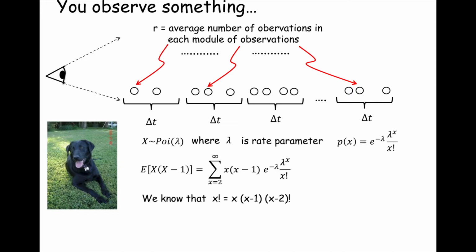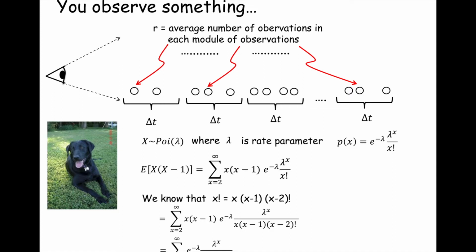Make sense? All right. So we do that, and we get the following expression. So we have an x minus 1 here in the numerator. We have an x minus 1 there in the denominator. So the x in the numerator and denominator goes to 1. Likewise, the x and the x minus 1 in the numerator and the x minus 1 in the denominator also go to 1.